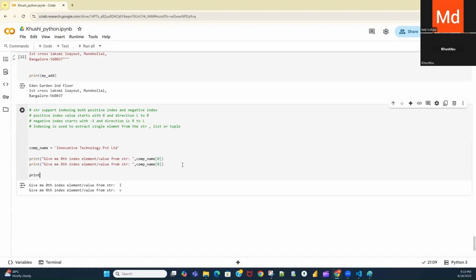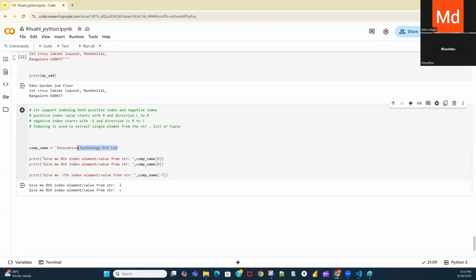Now, with the help of a negative index, we'll see how it will work. If I take this code and say minus seventh index, I will give minus 7. Now when I pass minus 7, Python will search the seventh index in the backward direction.